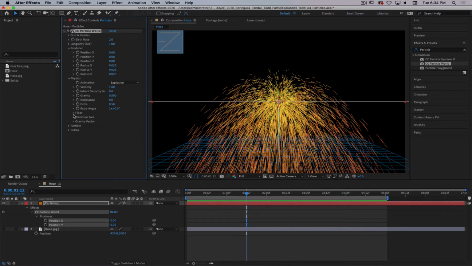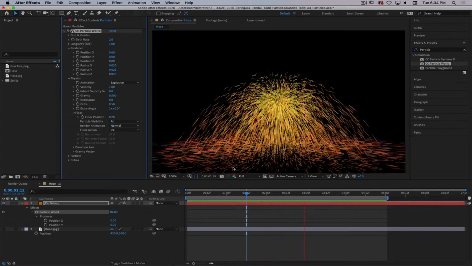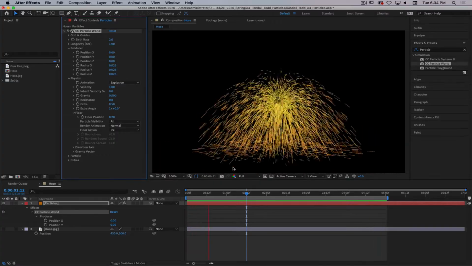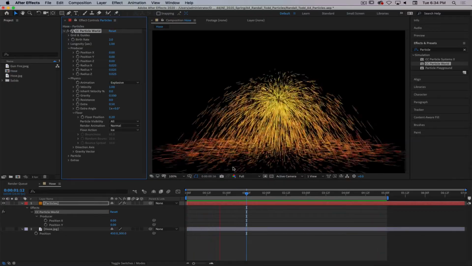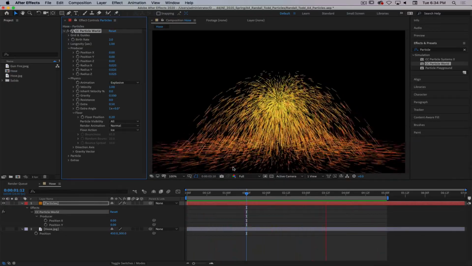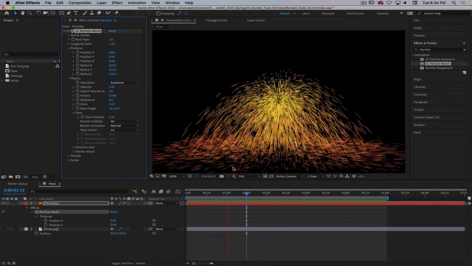Okay, floor. This is really cool. So the floor is a great way to make your particles interact with something solid, right? And in this particular particle emitter, the floor is the grid. So if you can see the grid on your screen, that is the floor. If you open up the floor and you turn on your floor action, say set it to ice, you'll notice that now the particles hit the floor and slide out like they're hitting a piece of ice. That's how we created the fire coming out of the dragon's mouth and hitting the shield. We set the grid where the shield was, and then the particles come out, hit the shield, and spray off